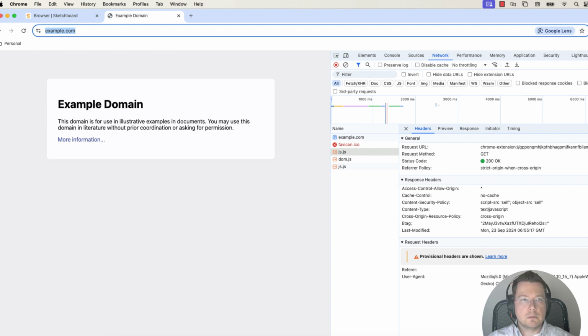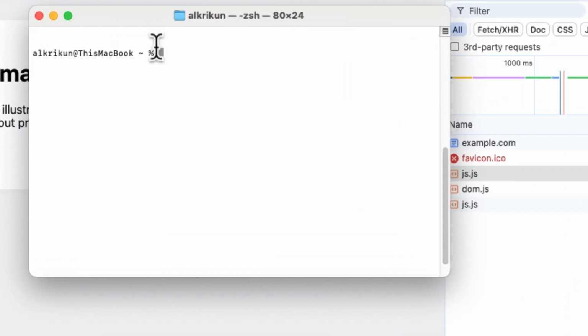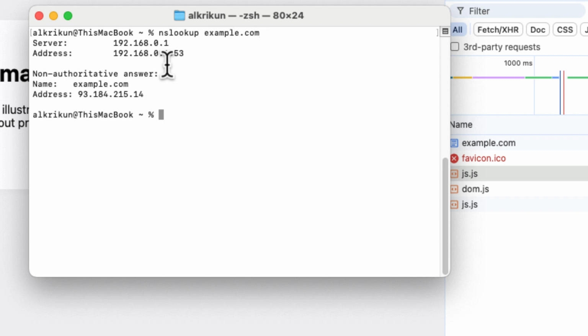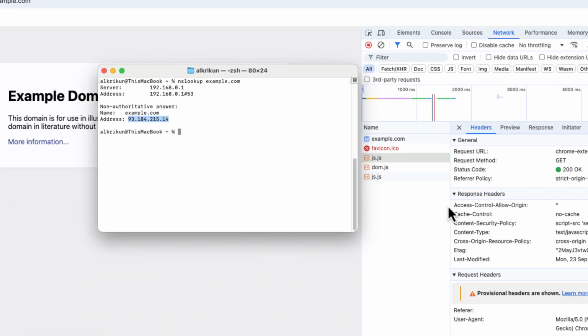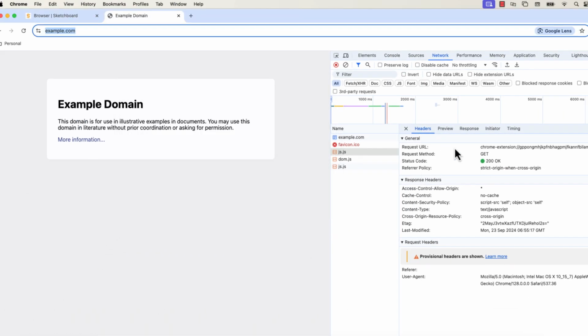Going back to the point of resolving the humanly readable domain name into an IP address, this can be seen using the command line as well. So if you run the simple command nslookup, name server lookup, and provide the domain name, this is the network IP address shared with my computer by the DNS server, and you can see exactly the same IP address